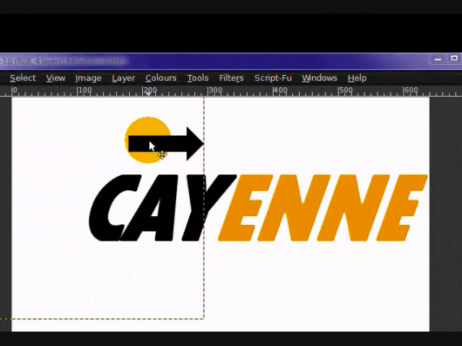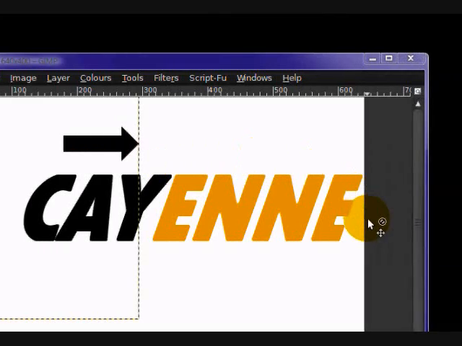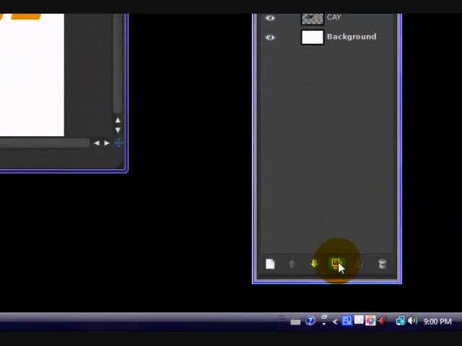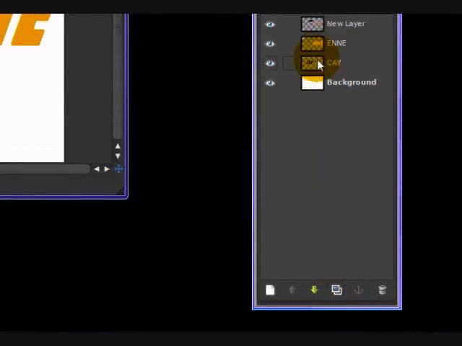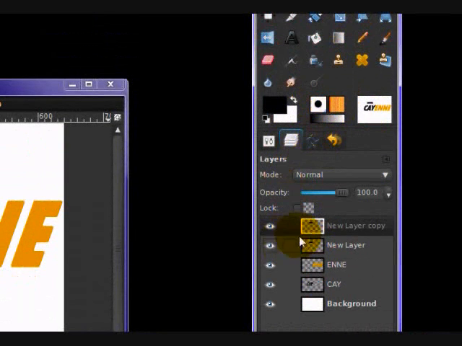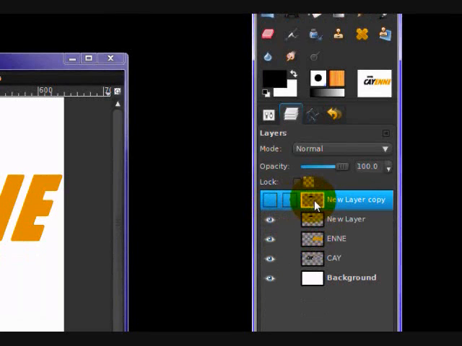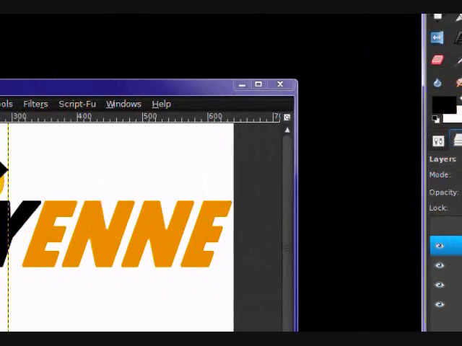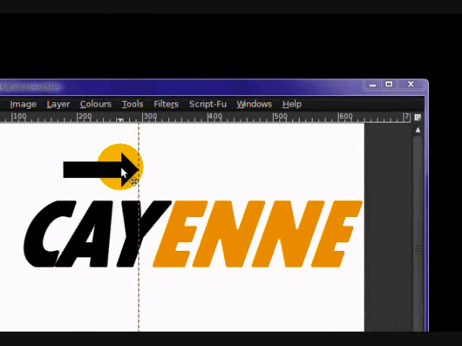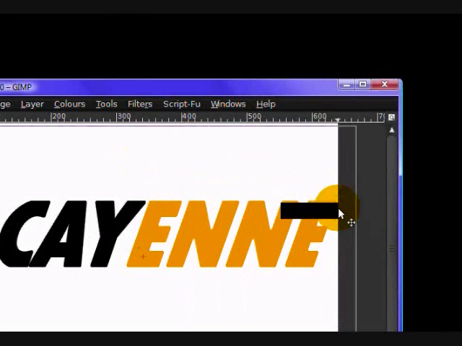Now take this arrow, and in the layers dialog hit this double image icon to duplicate it, and the top layer, which is the duplicate, click this eye to make it invisible. We just need to save this for later. Now with the original copy, move it into place right on the edge of your